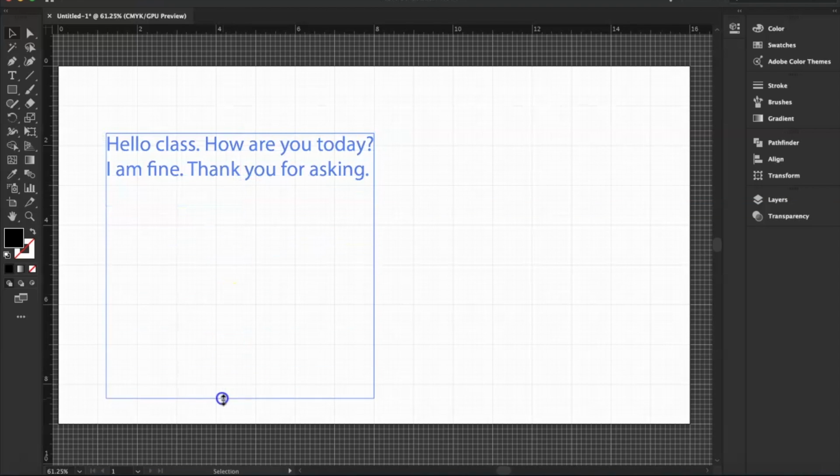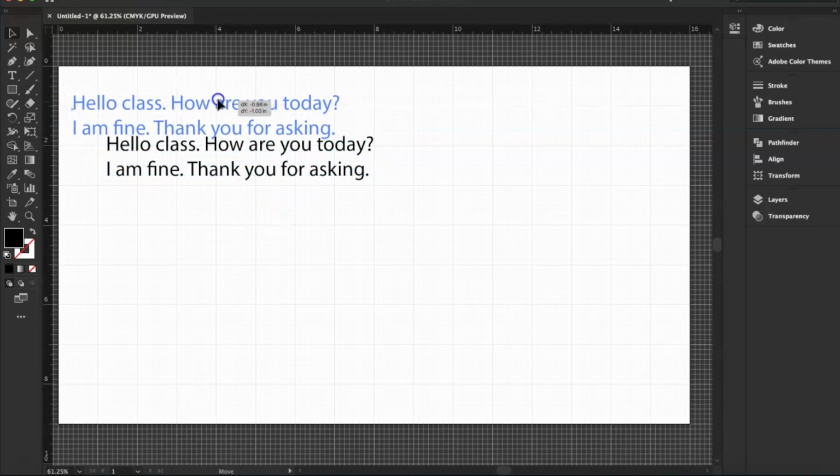And then that allows me to drag out the type box and make it bigger. And now if I want to add type within that frame, I can. So it allows me to reset the type box itself. Now, speaking of type boxes, that brings me back to the second way that you can deal with type in